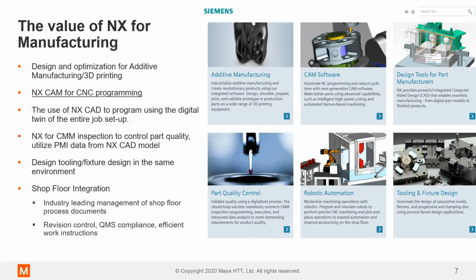Just a brief introduction to NX for manufacturing. NX provides design and optimization for additive manufacturing and 3D printing. We of course sell NXCam for CNC programming, and that's what we'll cover today in the topic. We cover the use of NXCAD to program using the digital twin of the entire job shop.